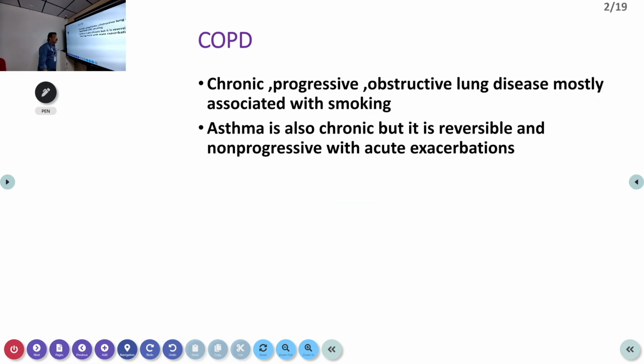It's a chronic and progressive disorder. That is very important, whereas asthma is an intermittent and non-progressive disorder. It's an obstructive pattern of disease, and obstructive means airway obstruction. So this is the airway. Airway thickness may increase slowly due to inflammation, so that produces obstruction. Asthma is also an obstructive disease, but asthma produces obstruction intermittently. Here it is a chronic progressive obstructive lung disease, mostly associated with active or passive smoking.